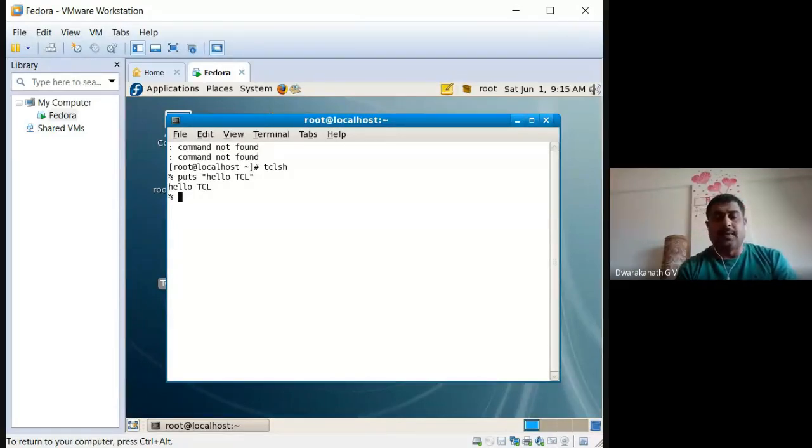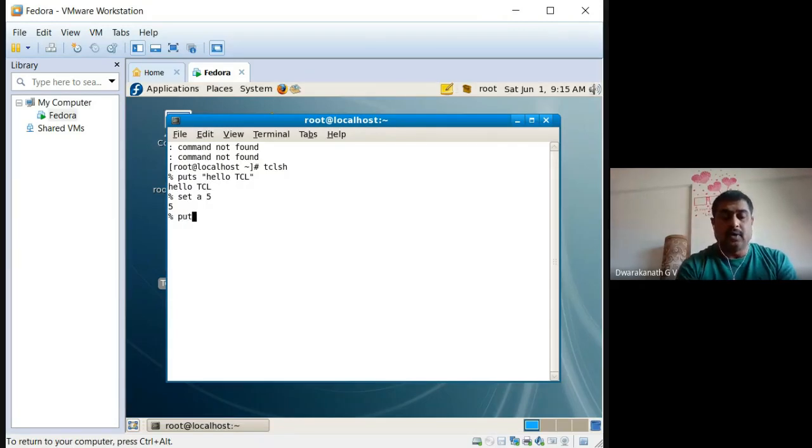For example, set a 5: set is the command, a is argument 1 and 5 is argument 2. According to the set command, the middle one is the variable and the last one is the value set to that variable. Now observe carefully. If I press enter, 5 will be set to the variable a.